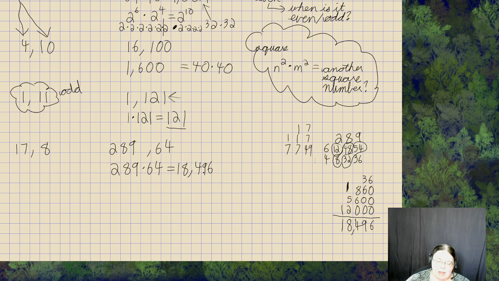Tell me the square root of 18,496. My calculator tells me that that is 136. So that is a square number. So 136 times 136. Okay, so it's possible that I got lucky with these 5 pairs of